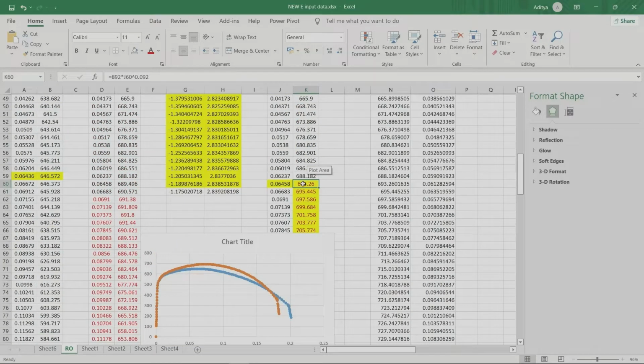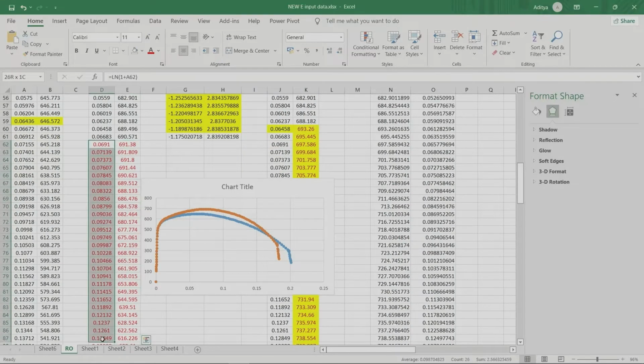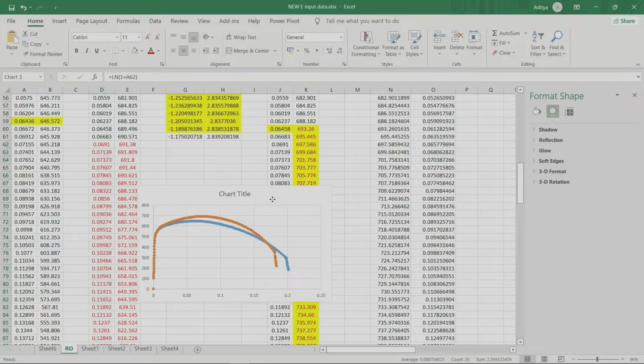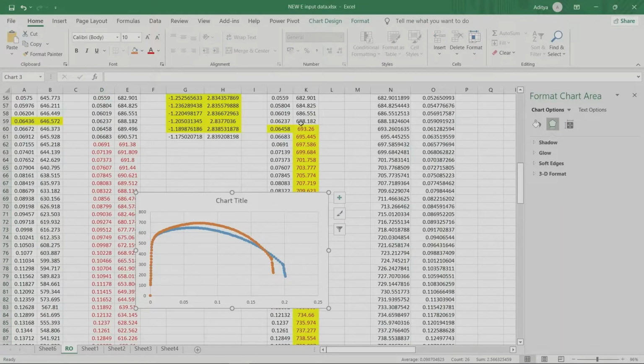So you will take this value here, and you are going to discard all these values after there. No values of stress data will be used. We will use only true strain data, and we will calculate the true stress data from that.